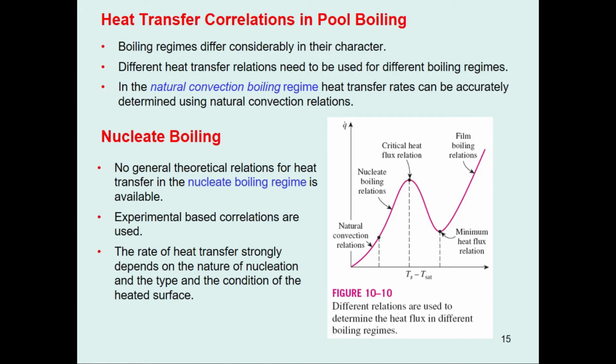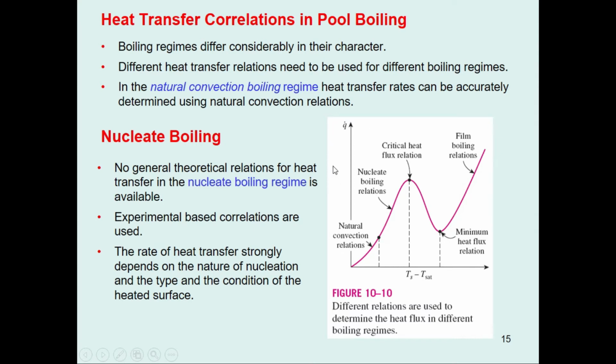So far we have studied the boiling curve and the phenomena which are taking place in different boiling regimes. Heat transfer correlations are given for pool boiling. In pool boiling there are 4 different regimes: natural convection boiling, nucleate boiling, transition boiling and film boiling. There are some important points on this boiling curve, such as the Qmax point, the D point, the Leidenfrost point, and this is the film boiling region.